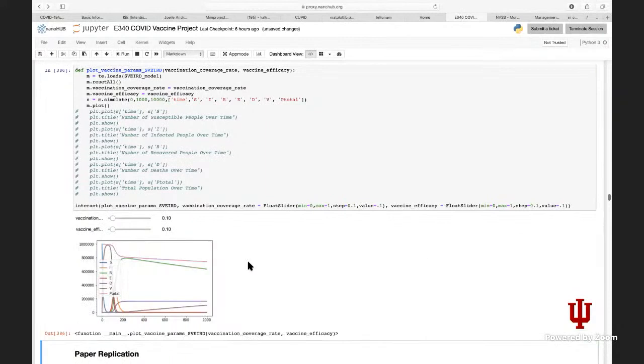There we go. So again, the big impact of the vaccine coverage rate occurs going from 0 coverage to some coverage. But again, it's not going to really have much of an impact for the rest of the model. The efficacy, as we increase that,